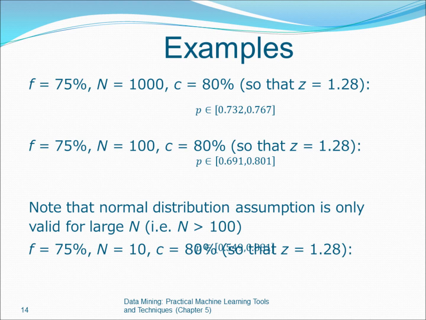Okay, now if you do 100, look at that number. How much bigger? That's 10% of the error between. But the middle is still 75. Now look carefully. If I only do 10, what's going to happen? If I only got 10, you got this. Could it be anywhere from 55 to 88%?